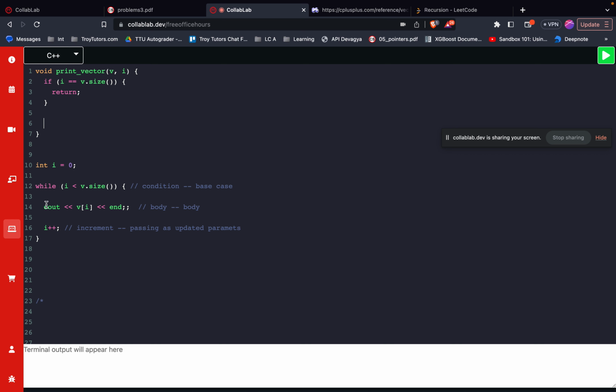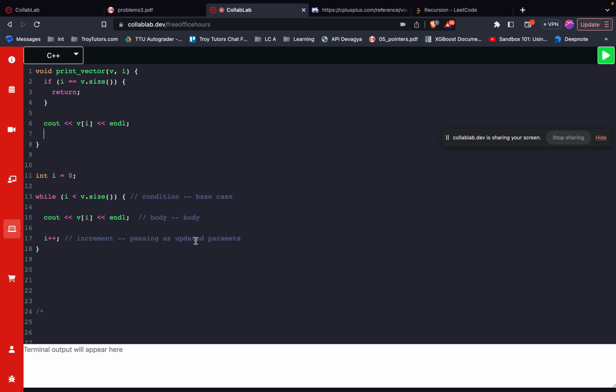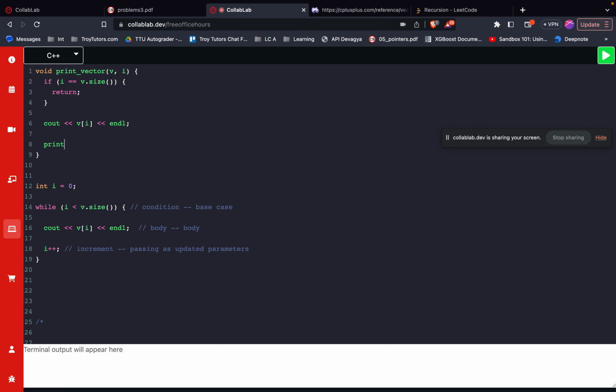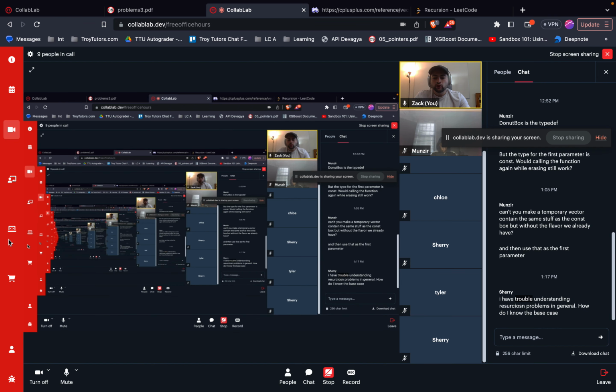However, the body is still the body, right? Whatever i is, we want to cout v[i] with a new line. And then instead of i++, we want to pass this as updated parameters, right? So that would be something like printVector with v, same as before, but i is going to be a value higher. But again, if i gets too high, we backtrack. So really, I guess to answer your question,